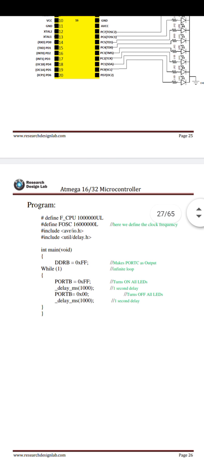we send the value to port B, which means the LED is on. Then the delay used here is 1000 milliseconds. Otherwise PORTB is equal to 0x00, so to port B we send the value 0x00, that means the LED is off, then a delay of 1000 milliseconds. This is the simple programming for LED blinking, the main two values being 0xFF and 0x00.